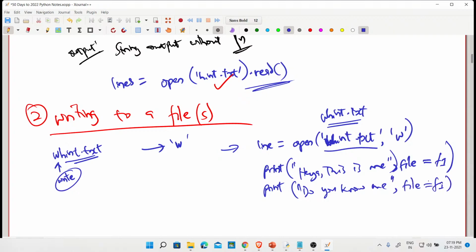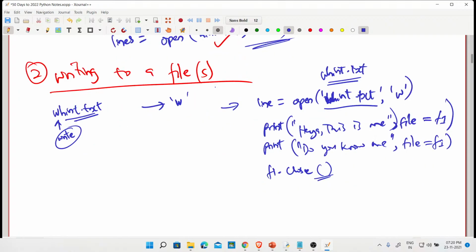So these two now will be there, but remember one thing, you have to close it. So F1 dot close, because it's open for writing. Okay, now it is closed. Fine. You now see one thing here, because most times if it already exists, like I was telling you in the first case, what happens is the entire content will be overwritten. It will not be updated. Please note, we are going to do that also. Okay, please note,